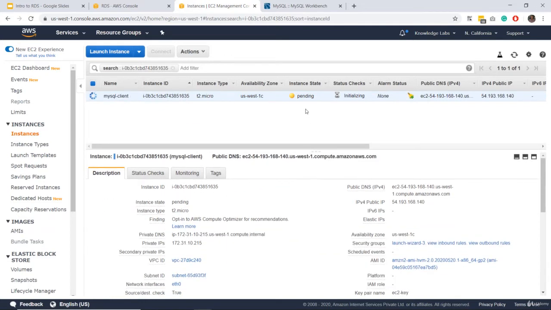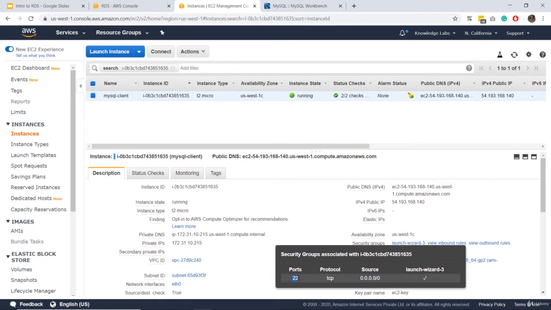So let's do one thing. Since the state is pending, let's quickly wait for a moment here. Alright, so now our instance state is running, and one important thing that you have to ensure is the security group. Make sure that the security group has port 22 open